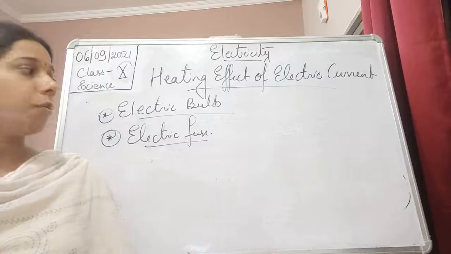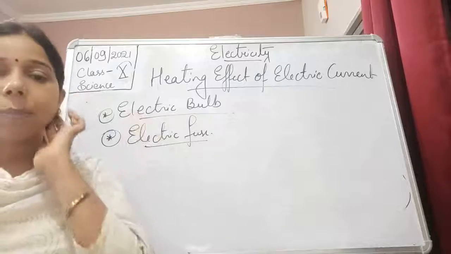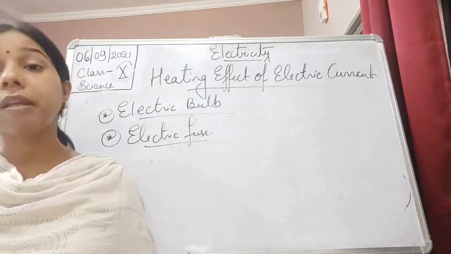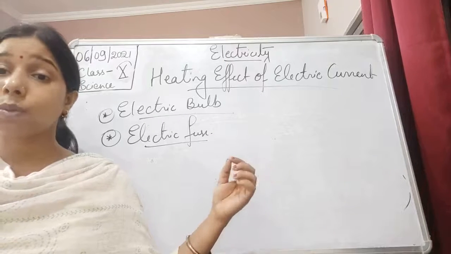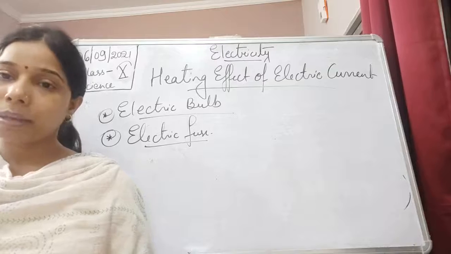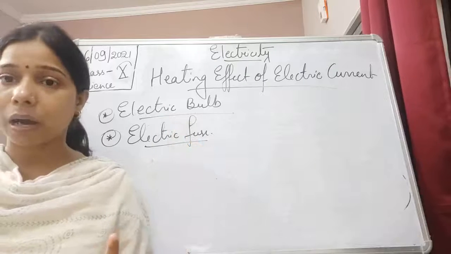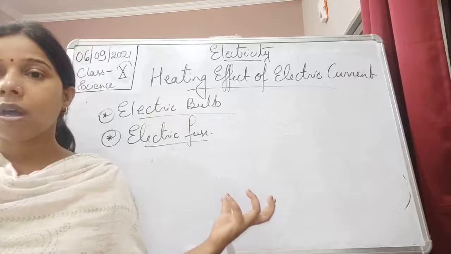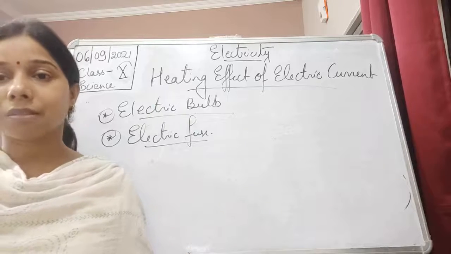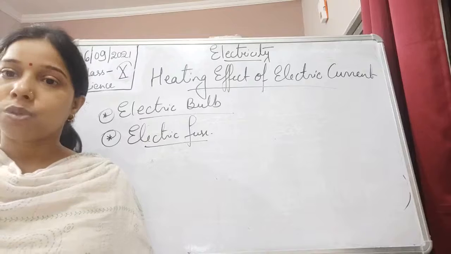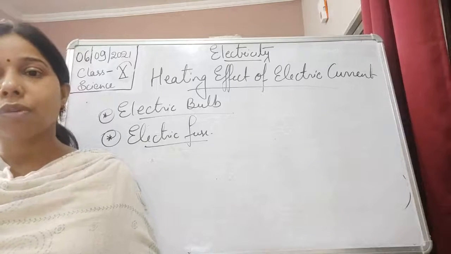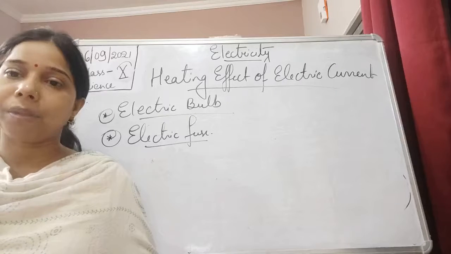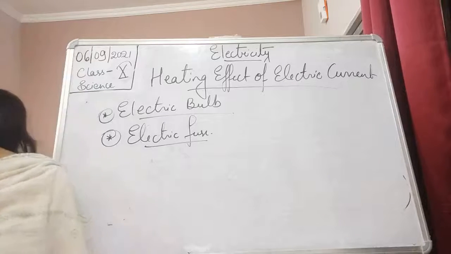Okay, so here in an electric fuse, what happens if more electric current flows through the circuit? Due to its low melting point, the fuse will melt, and due to this the circuit breaks down. So the current will not flow, and ultimately the appliances are protected. An electric fuse is basically used to prevent any kind of burning or damage to the appliances. So this is about the electric fuse.